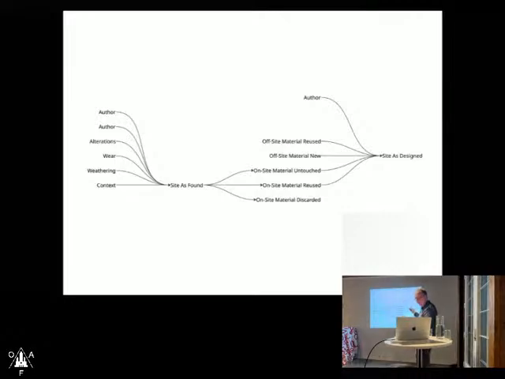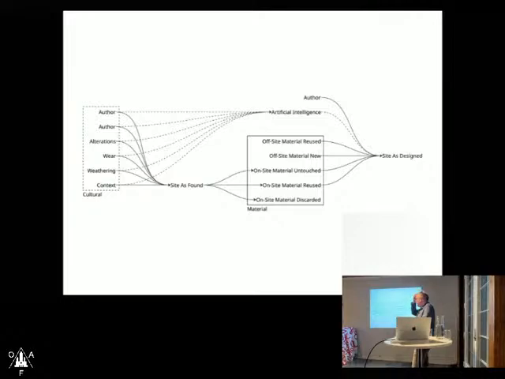And then these materials that are taken from the site as found will carry cultural meaning along with the material qualities of these materials. But in a way, the story is mainly communicated through material, and there's no direct link between the cultural and the site as designed beyond, of course, us as authors ourselves. And in a way, you could say that artificial intelligence could be this bricoleur that works alongside you, that is able to take these original cultural values that are put into a building and also implement them in the site as found along with our own authorship.